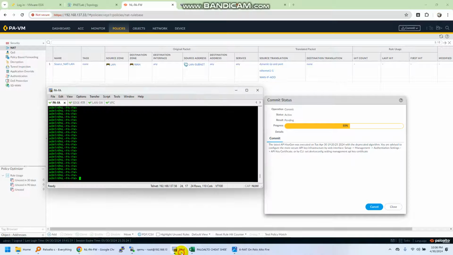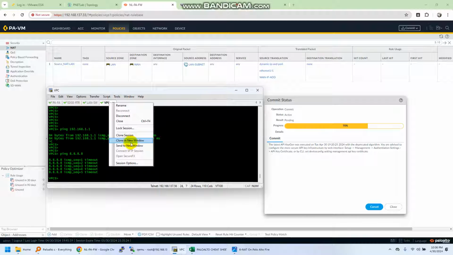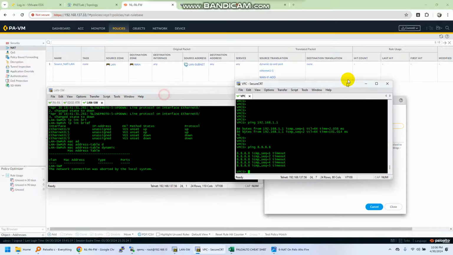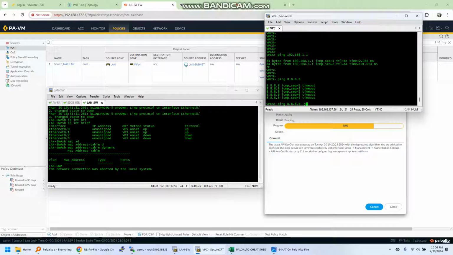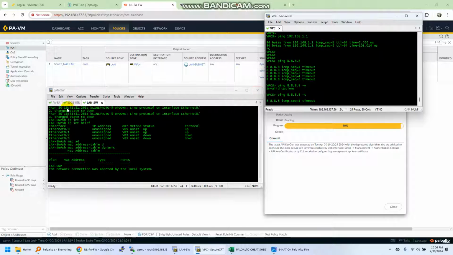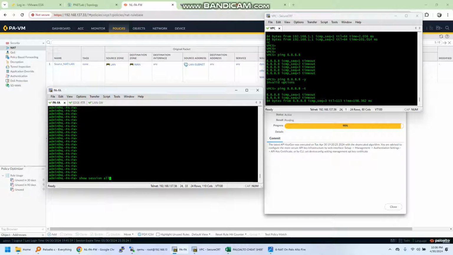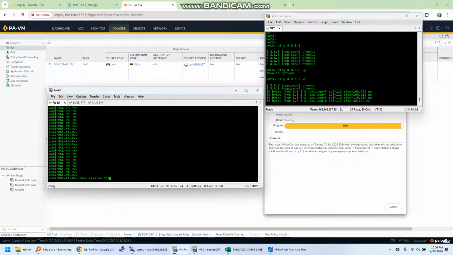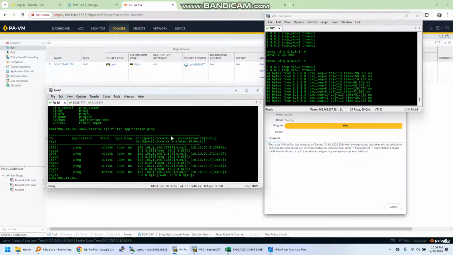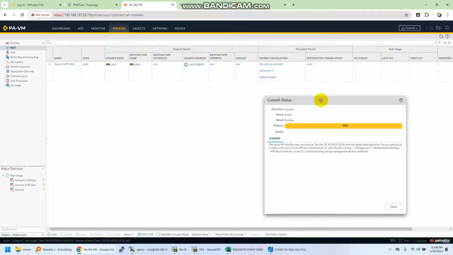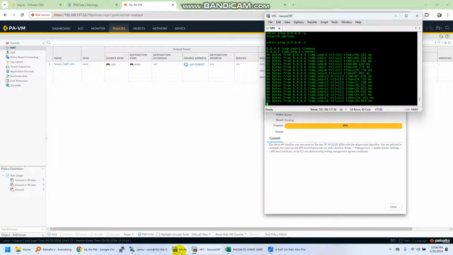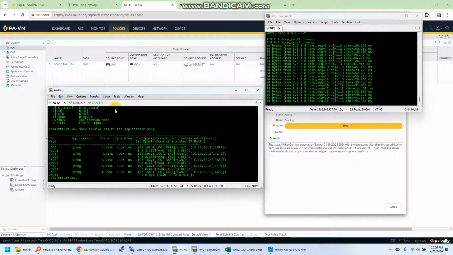So I will check on the PC. My PC is here and the firewall is also here, and I will keep it here and ping to 8.8.8.8. On the firewall we can see over here once the commit is successful, and we are able to see the ping response from the internet from my LAN segment. And also we can monitor over here that we have some sessions from the Palo Alto firewall based on the